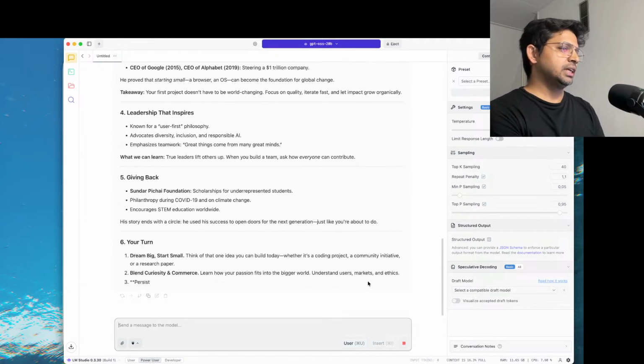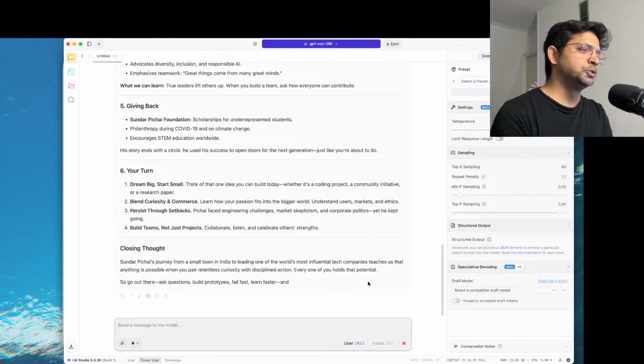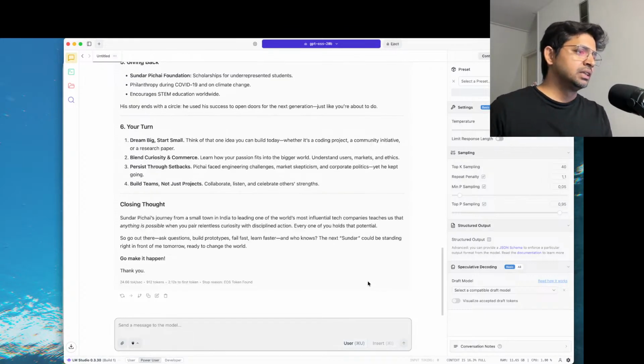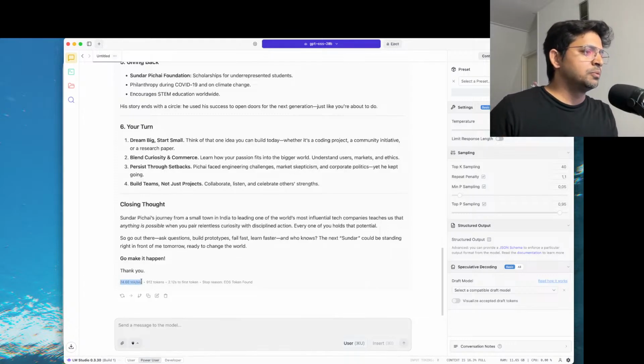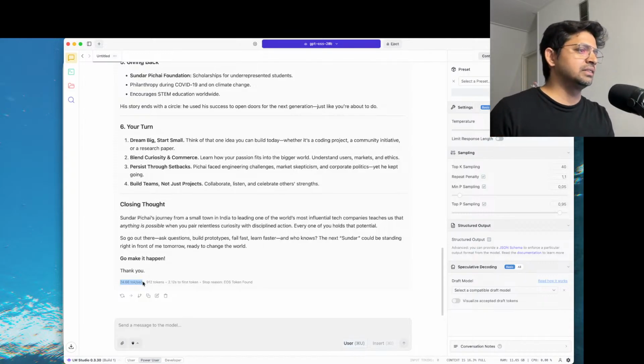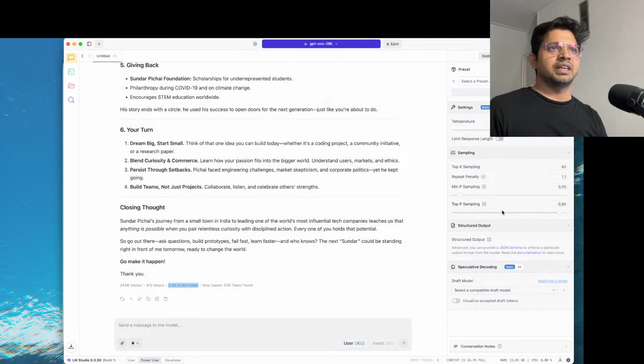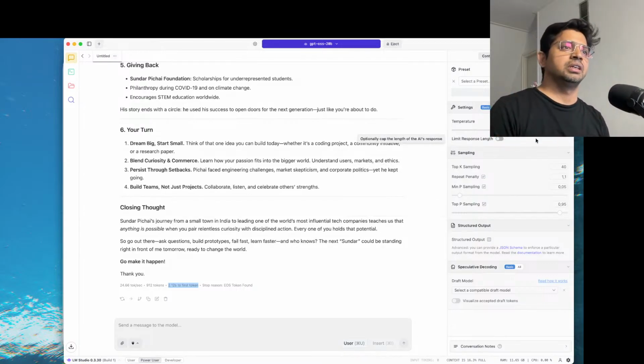So it has a lot of features which allow you to test a prompt and see how good your prompt is. For example, you see here on the bottom the tokens per second, the number of tokens overall, and how much time it took to produce the first token. On the right you see many more things, like temperature,